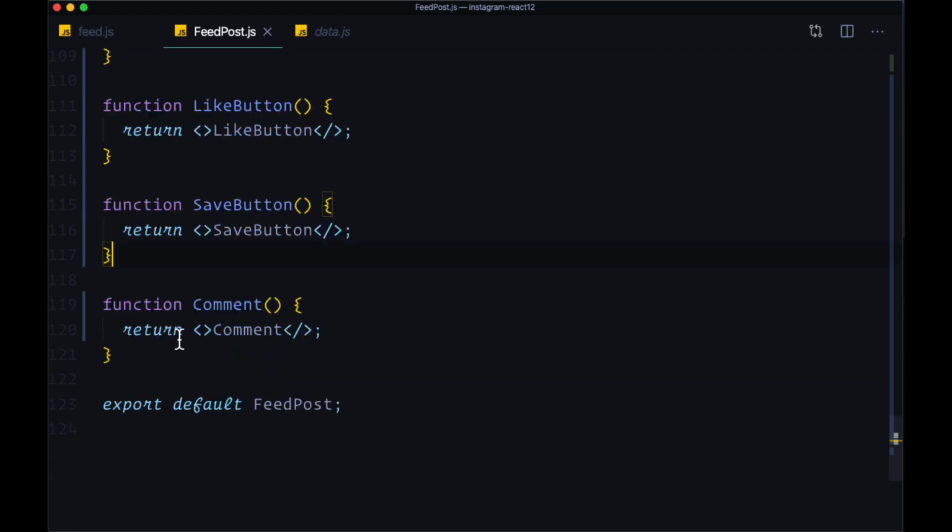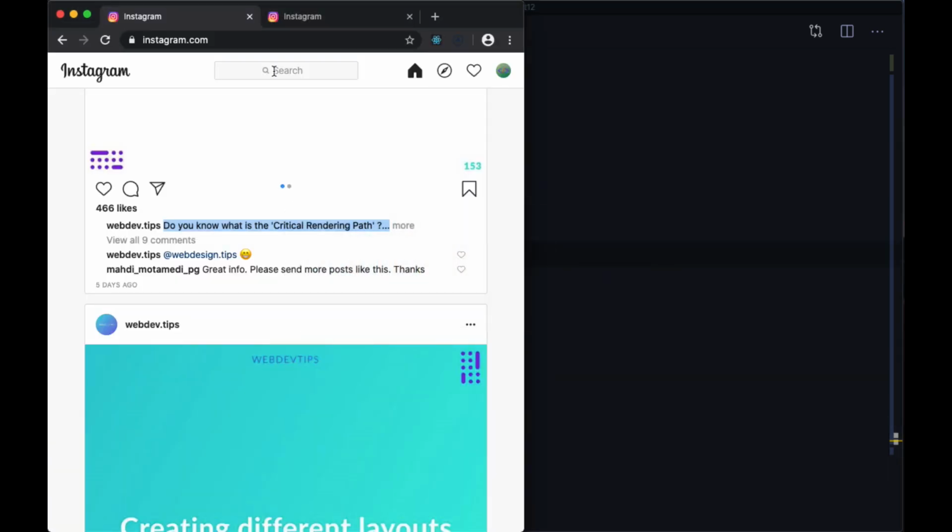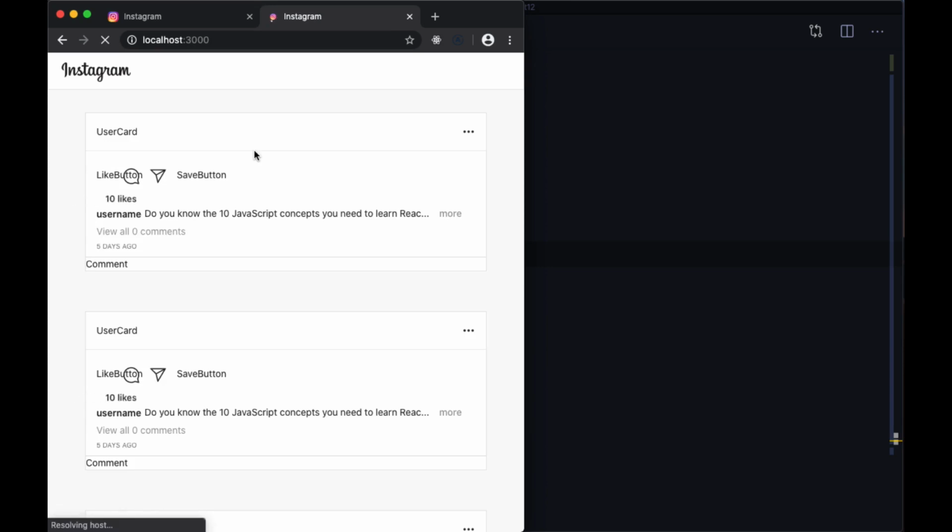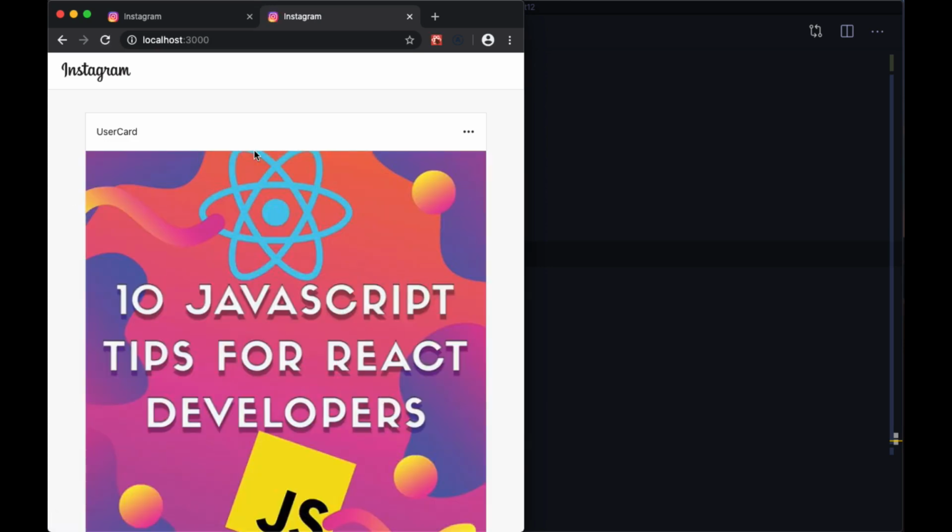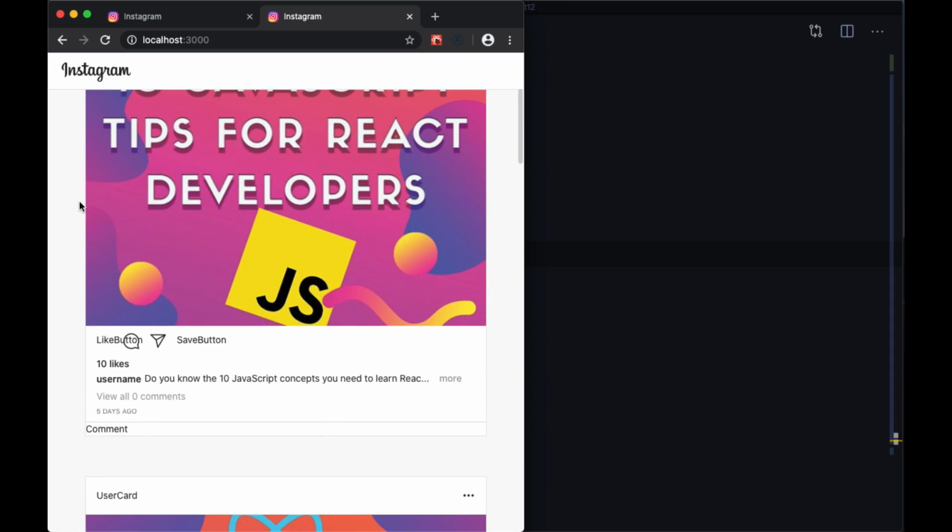So let's save feed post and see what we have. See if we've made any errors. And so far it's looking pretty good. We have the basic structure of everything here. We do need to fill out the user card component. And we see a couple of our buttons here. We see those two icons, we see the number of likes,